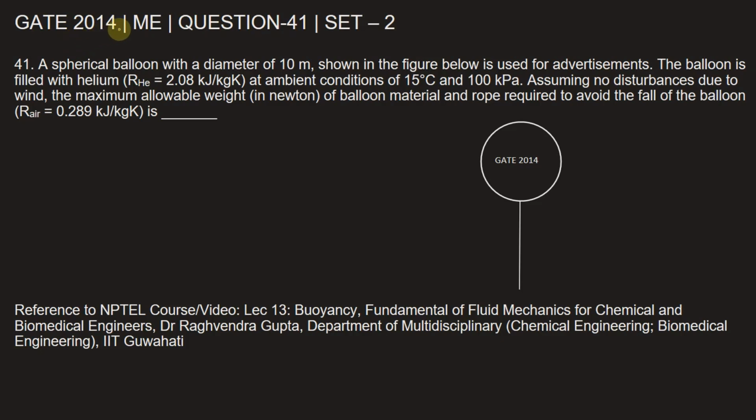This question is from GATE Mechanical Engineering of 2014. This is question number 41 of set 2. The question is, a spherical balloon with a diameter of 10 meters shown in the figure below is used for